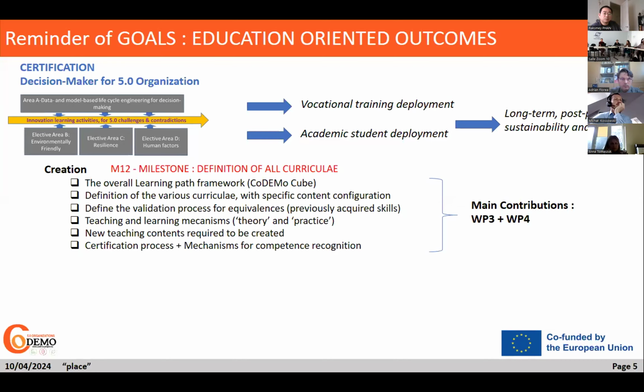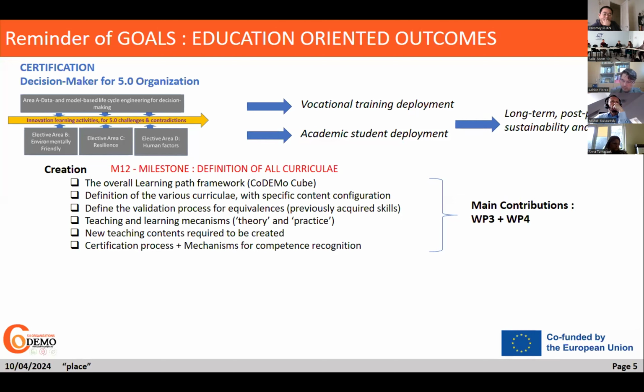Only to have a full definition of all curricula. That means vocational training curricula and academic curricula. So it's, I think, an important objective because we are starting work package 4 for academic curricula and work package 5 for vocational training. But within 6 months, this work package should have defined clearly how to deliver the